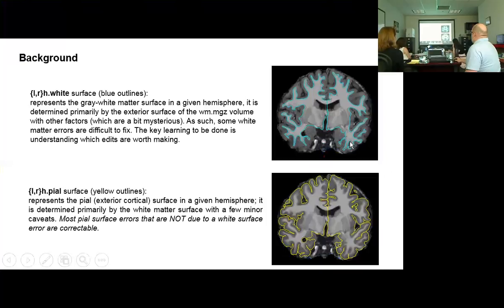It doesn't need a whole lot of improvement, at least on this slice. We will make edits to the white matter.mgz volume, and we may add these control points that I mentioned, and they will have a not quite deterministic effect. So they will kind of nudge things hopefully in the right direction as long as we're doing a good job,